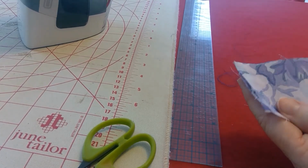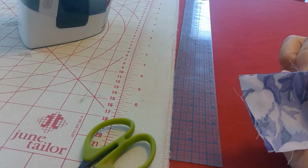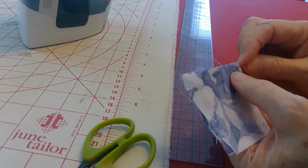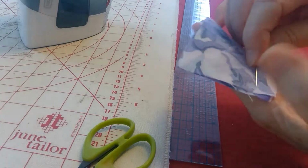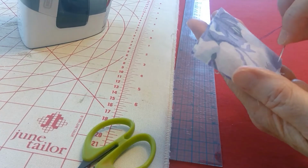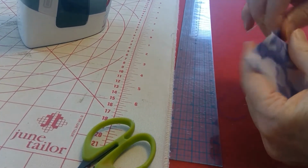So the folded edge is facing me. I'm going to start down at this corner. I will sew a line 1/4 inch across and then down and then back across again and stop at about 1.5 inches from the edge, from the fold. All right, so